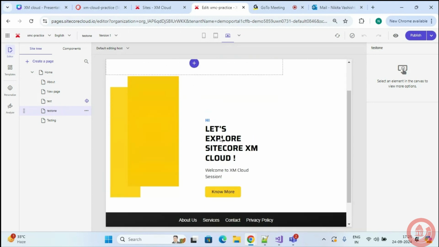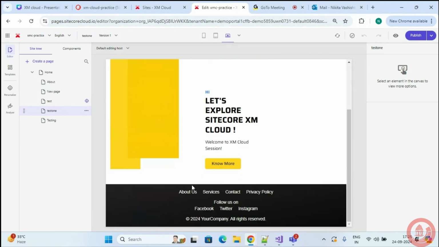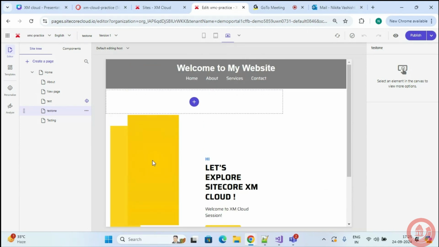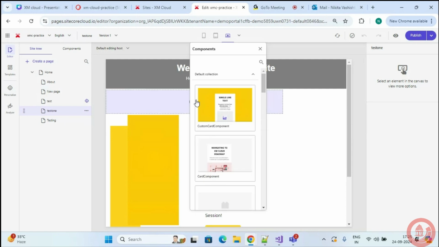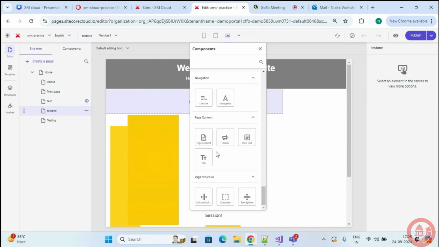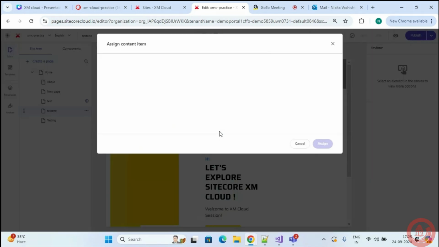So that's how easy the pages builder is. You can easily drag and drop your component. It's basically a Canva-based mode where what you see is what you get in this specific page builder. Now let's see how you can create your components. When you go to the components option, there is an option to open your component builder. You click on this.